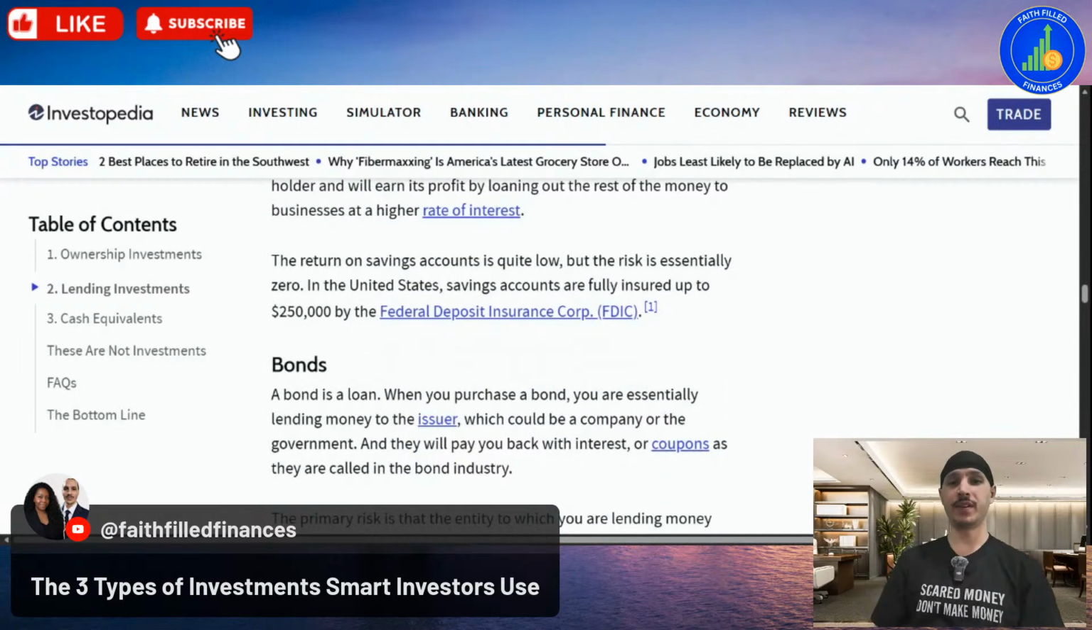The return on savings accounts is quite low, but the risk is essentially zero. In the United States, savings accounts are fully insured up to $250,000 by the Federal Deposit Insurance Corp, FDIC. If you heard that term,